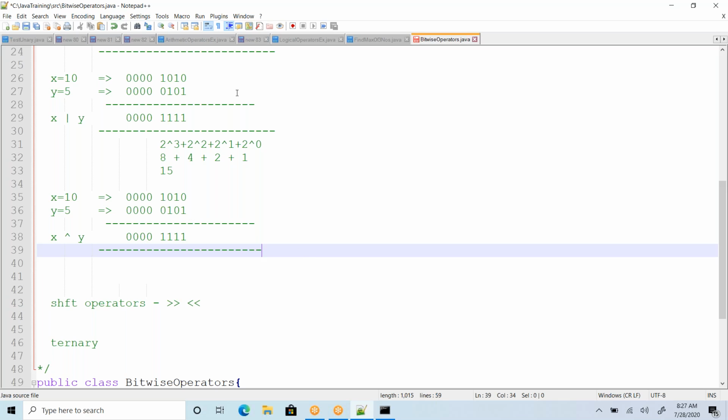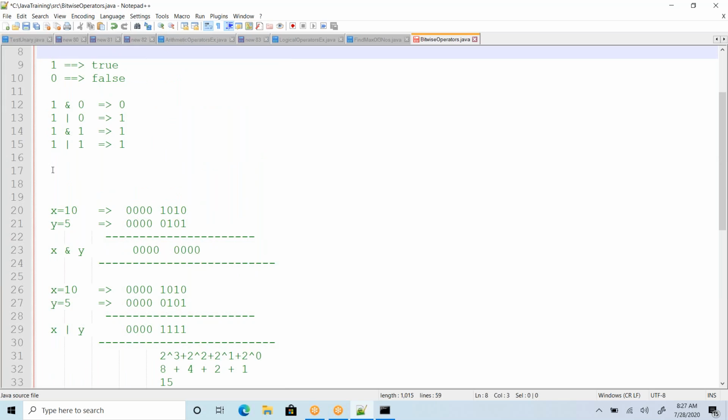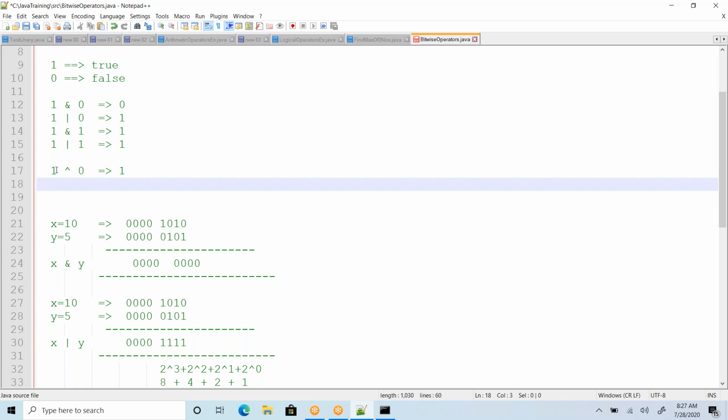So how is it going to work? Go back to the bits here. 1 exclusive OR 0, what will be the result here? Exclusive OR is going to work when both the bits are different. When the bits are different, it's going to evaluate to true, right?